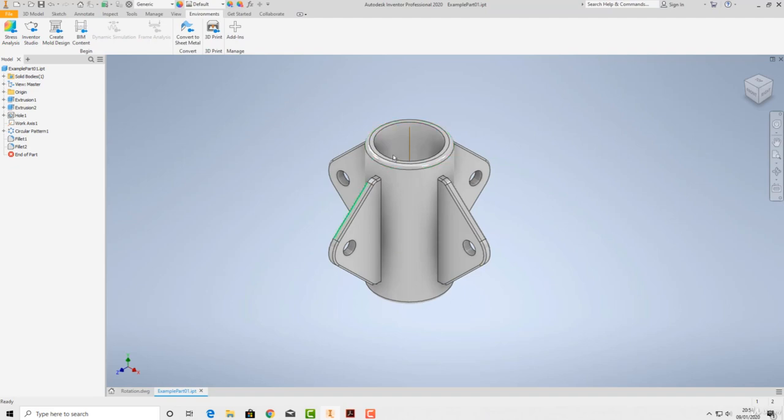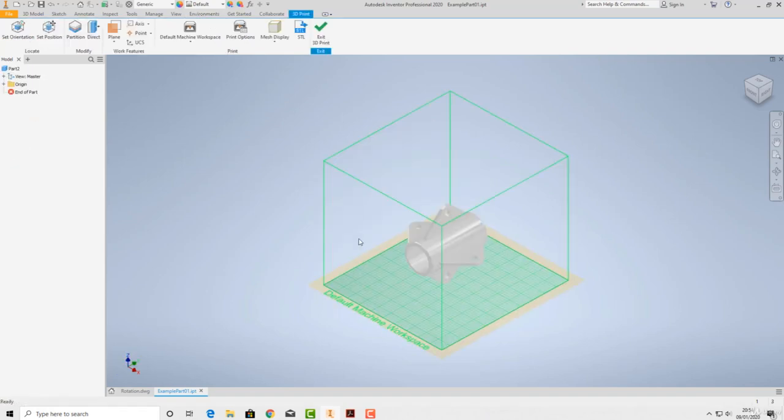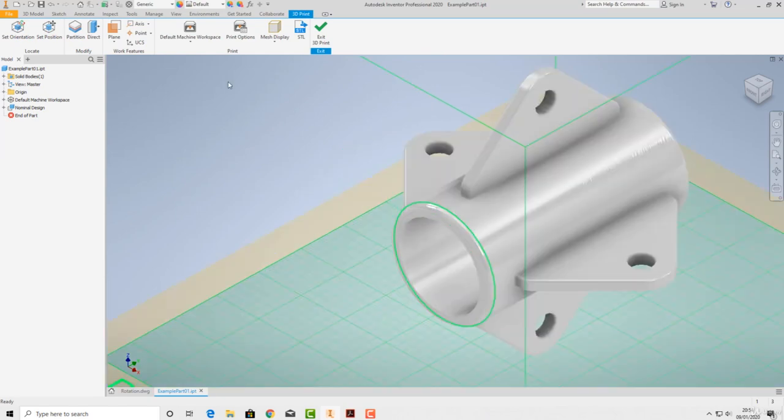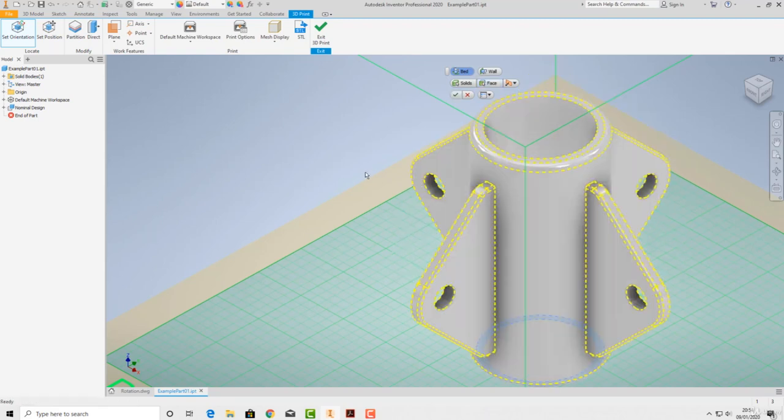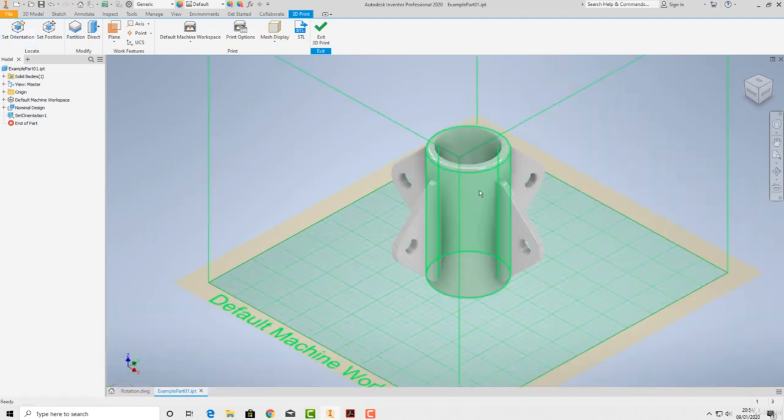So if you wanted to 3D print this part, you could go to the 3D print section, okay, and you would probably want to set the orientation of it. So the bed, what do you want on the bed? Well, that face would probably be sitting on the bed, okay, and then your 3D printer,